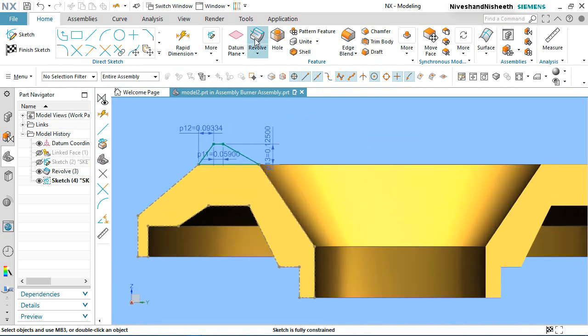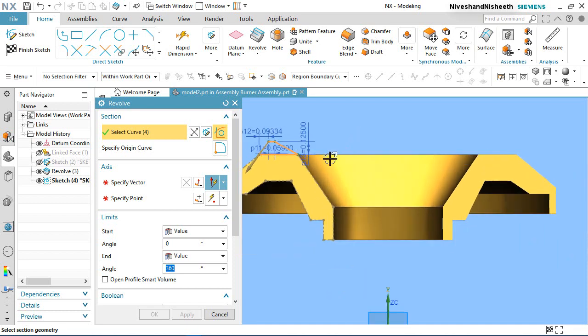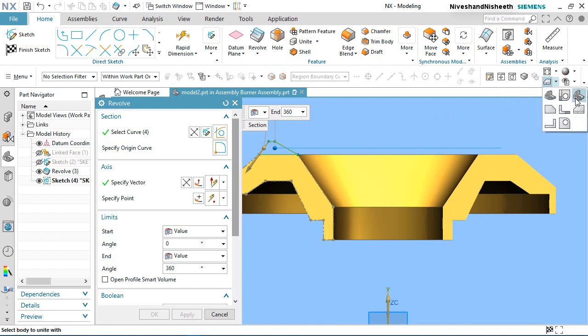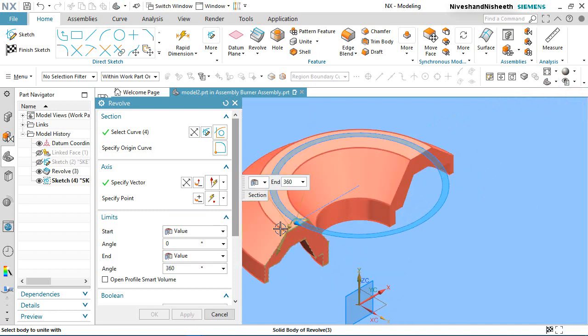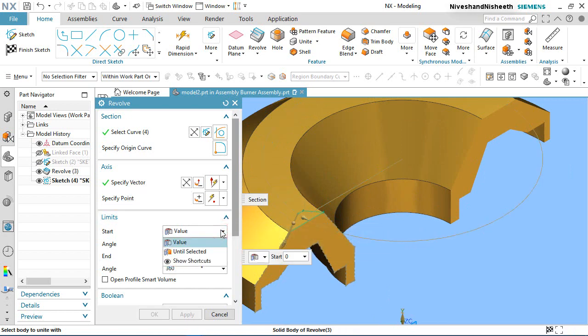Now activate the revolve tool. This sketch profile is automatically selected. Choose Z axis to create the revolve feature. Choose isometric view and set the angle value 57.75 upon 2 degrees.